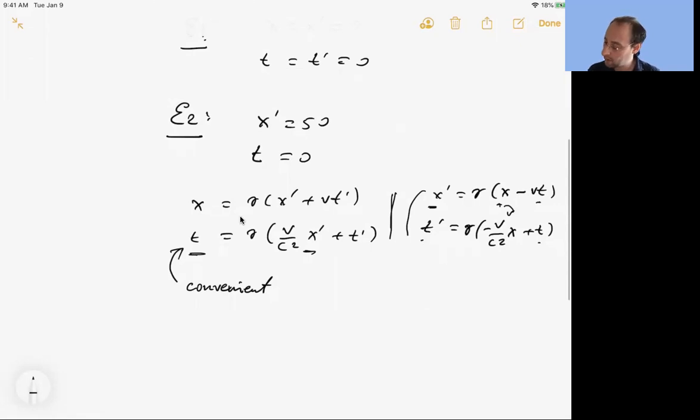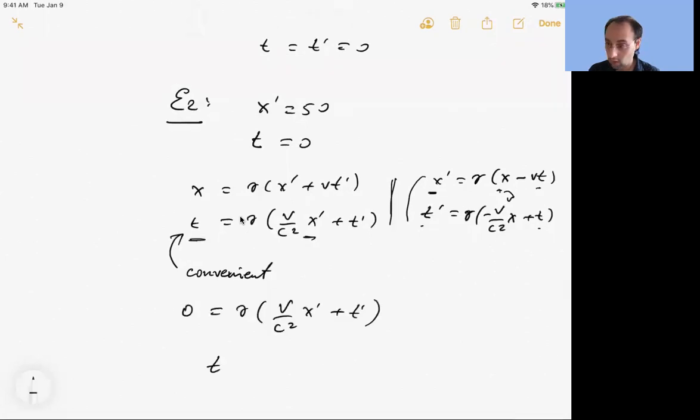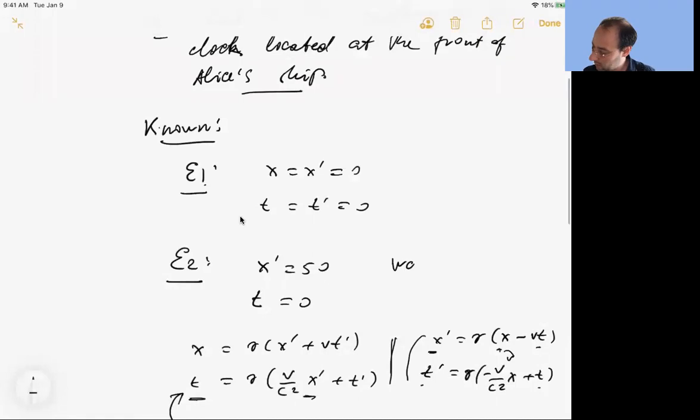But this one is convenient, so we have 0 equals gamma, v over c squared times x prime plus t prime, which is what we know at the end of the day. The question asks for t prime. So let's answer that question. t prime equals minus v over c squared x prime. When we plug in the numbers, minus 0.6 c over c squared